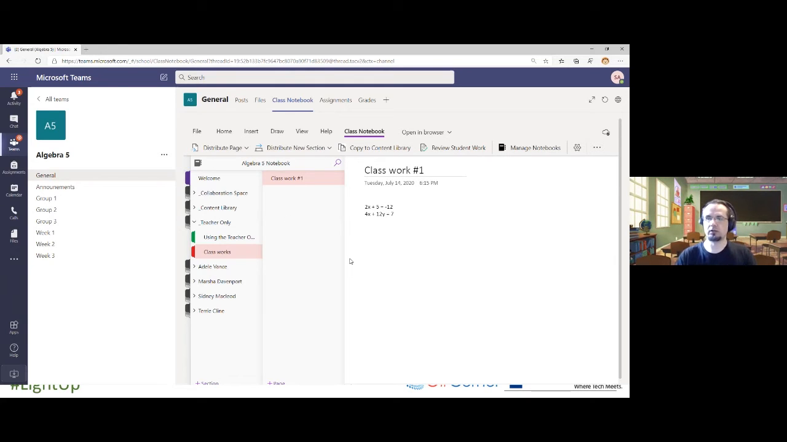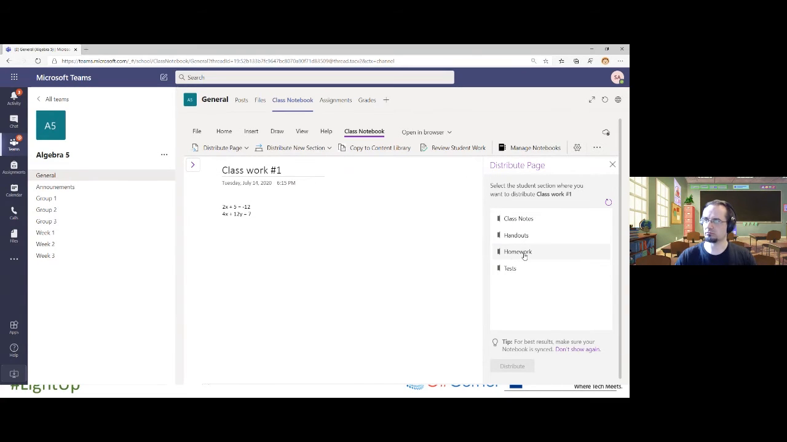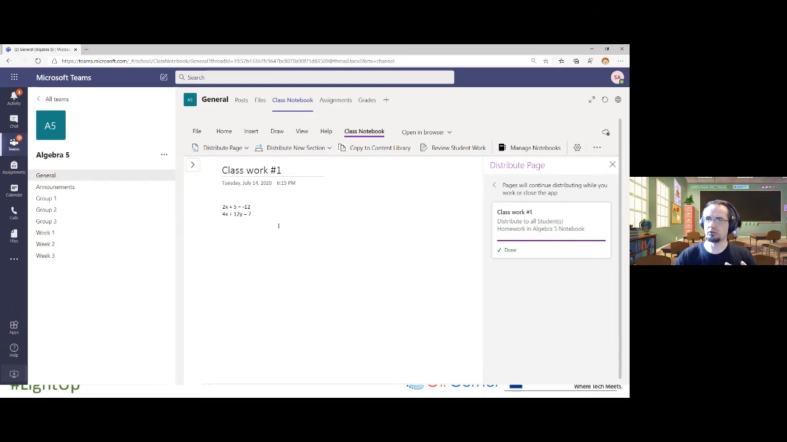Okay, and I would like to share these simple two equations with my students. So I can use that distribute page feature, and I must select where this page will be distributed. So to homework, okay. And now Teams or OneNote in my class team will get this page and send it down to every student